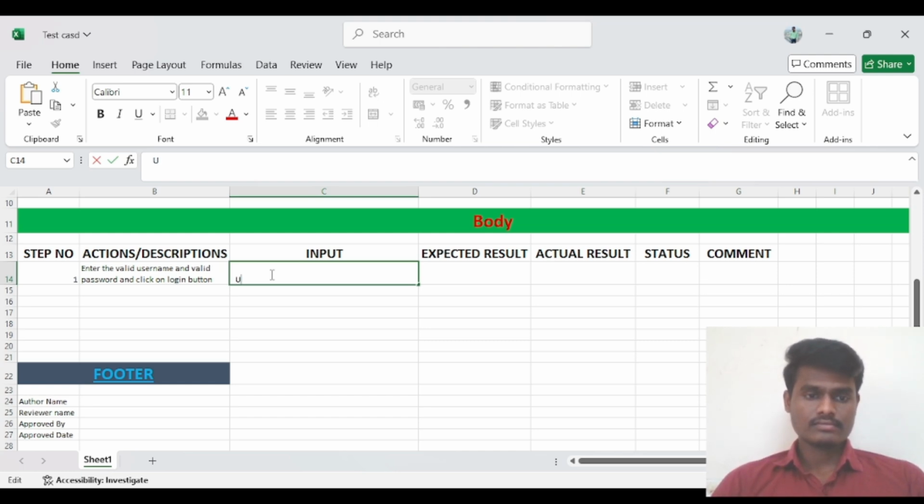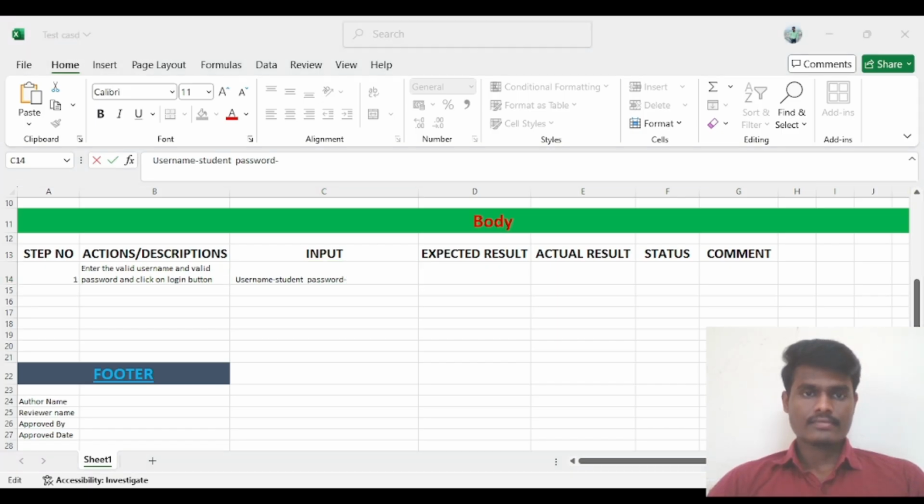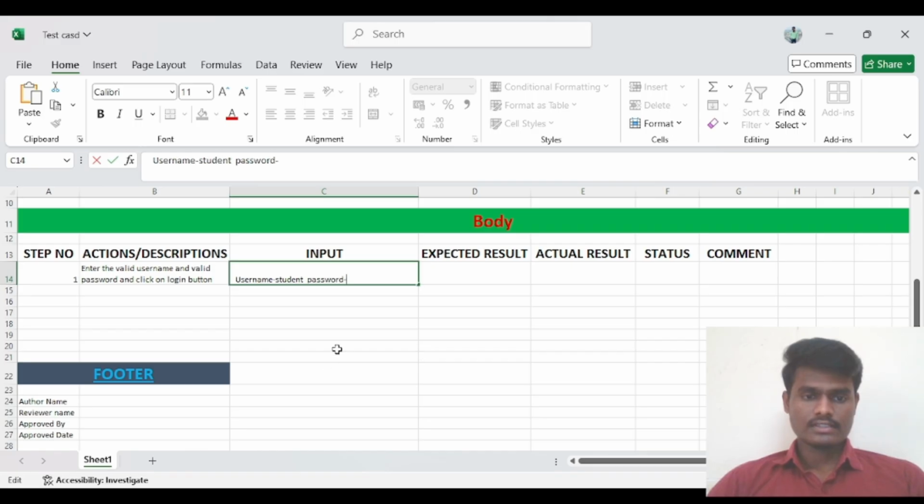For username I have given student, and for password I have given the correct password.